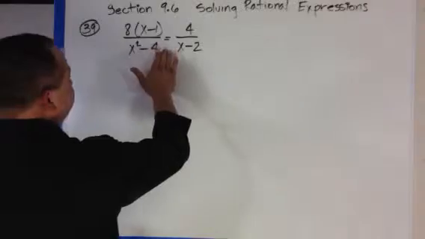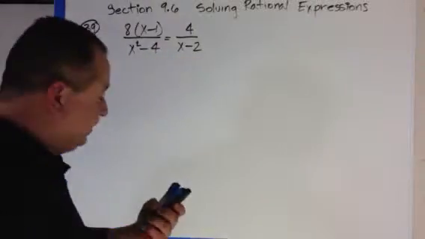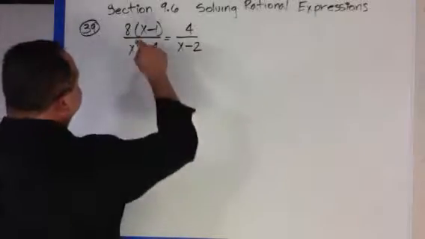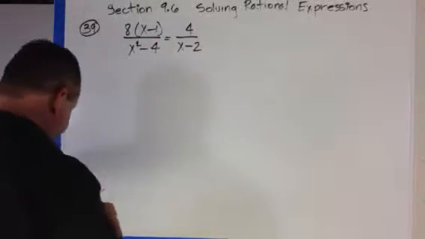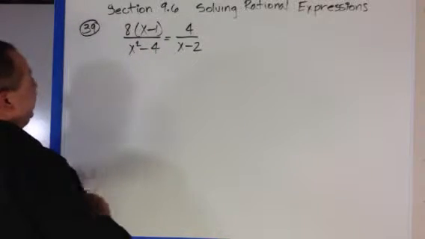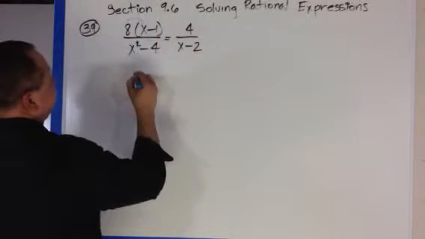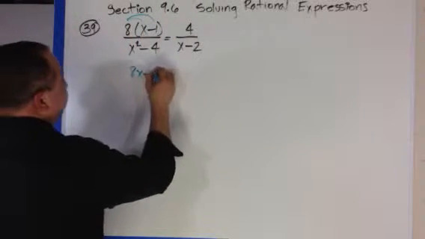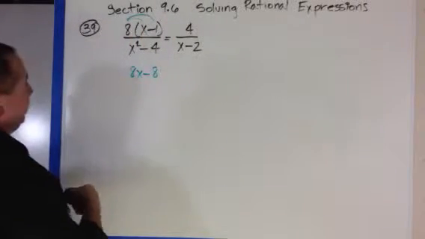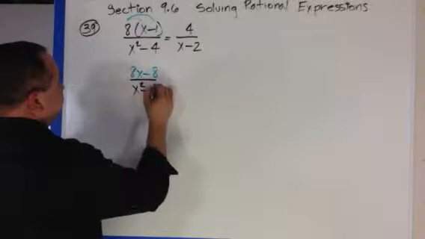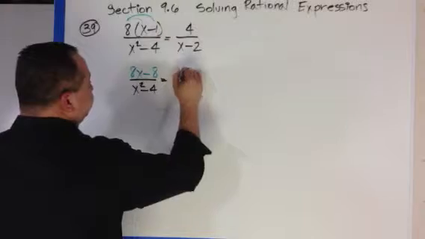We definitely have a fraction equal to a fraction, so we can use a shortcut. So let's begin. I'm going to multiply here. First thing I'm going to do is distribute that 8. So my first step will be to distribute the 8. I'm going to get 8x minus 8 for the numerator, my denominator is going to be x squared minus 4, is equal to 4